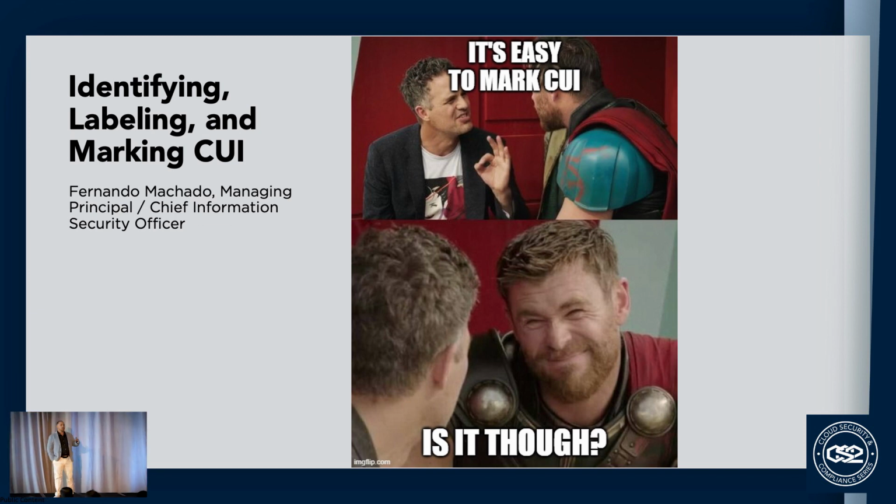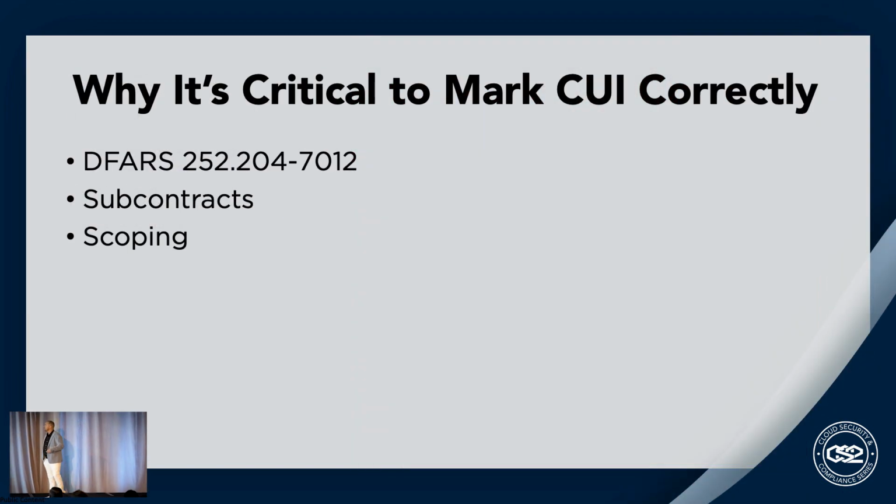So hopefully I'm going to help with identifying, labeling, and marking CUI to the best of my ability. And again, there's a lot of gray area here, but I'm going to give you what I think would probably be the best perspective. So if you have CUI in your environment as a defense industrial base contractor, you probably have triggered the DFARS 7012 clause in your contract. And if you're going to flow that information down to your subcontractors per the DFARS 7012 clause under subsection M, it is your responsibility as that contractor to flow the DFARS 7012 clause language into that contractual agreement in its